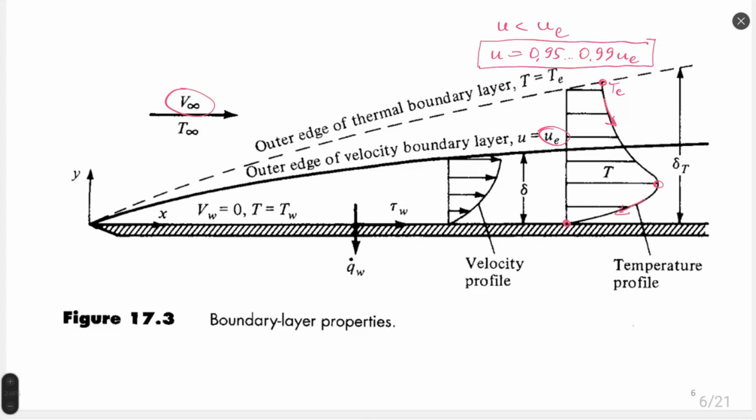There are several typical profiles which we could observe. This is one of those profiles. Others we will see soon, talking about laminar and turbulent flow. So some of these possible profiles are shown on figure 3, but it's not the only profile which can happen